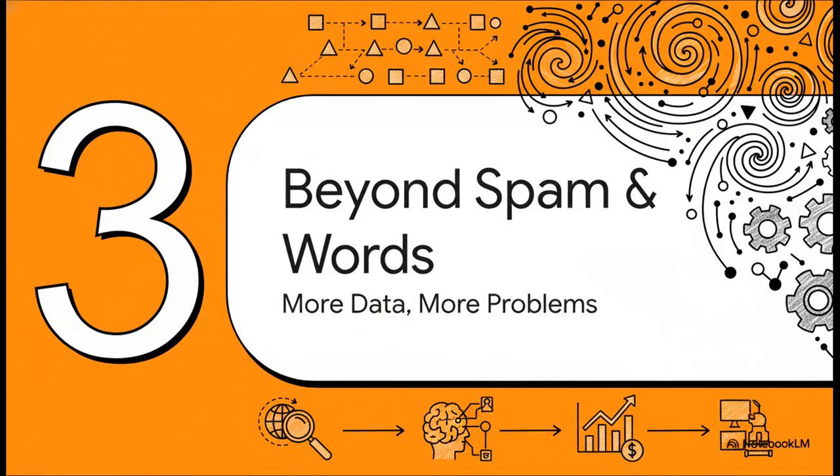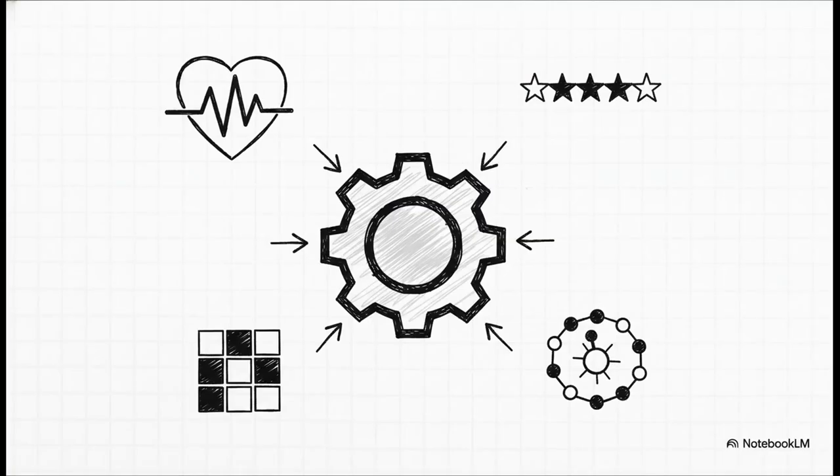So we figured out spam, but here is the truly amazing part. This core idea, turning information into numbers and then finding the patterns, it goes so much further than just sorting your inbox. The same basic principles can be applied to a massive range of problems. Remember how we turned words into a vector, a list of numbers? Well, you can do that with almost any kind of data. We can analyze a patient's medical stats, the grid of movie ratings on a website, the individual pixels in a photo, or even the super complex web of connections in a social network.